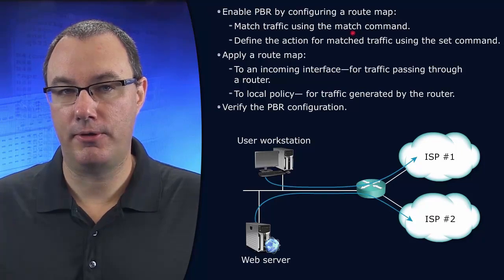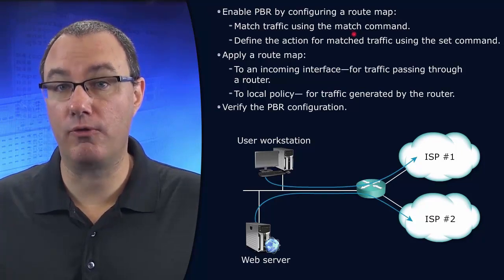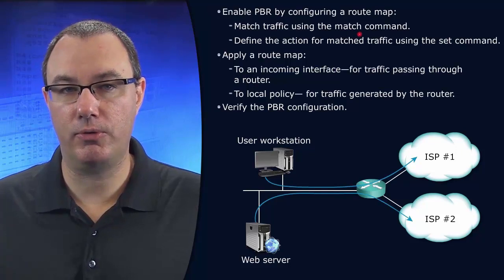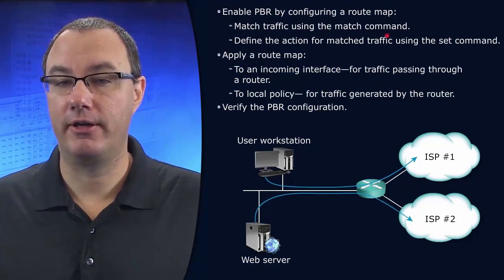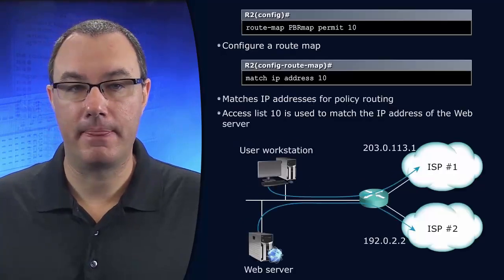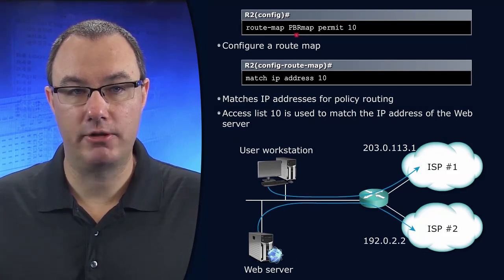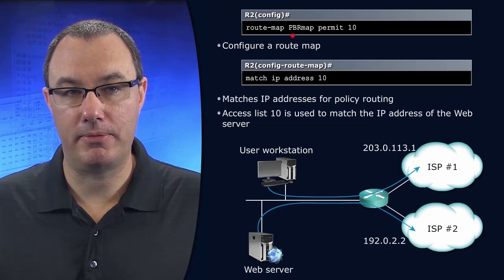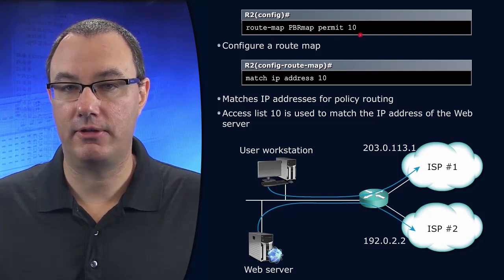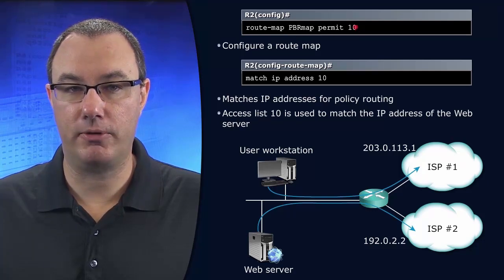That is done by a match condition. A match says, look for this. And a lot of times we do a match IP address. Let me show you that. We would go into a sequence like route map, PBR map, permit, 10. 10 being the sequence number, PBR map being the case-sensitive name